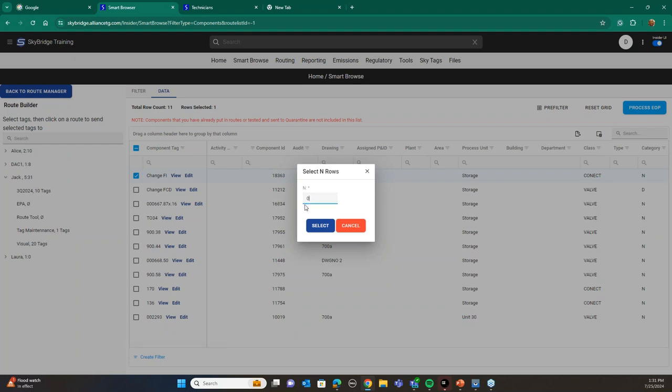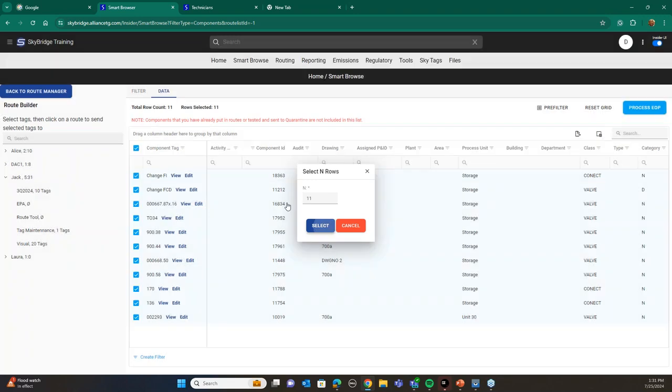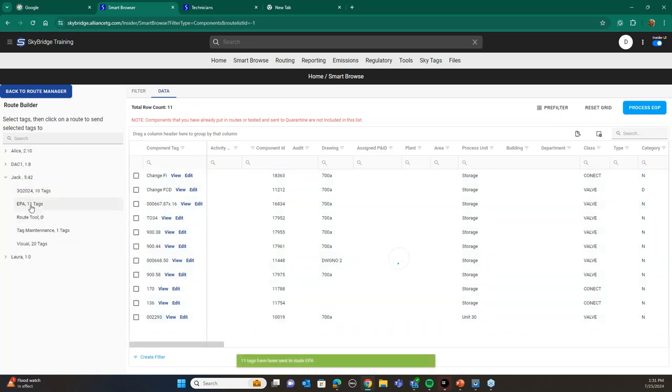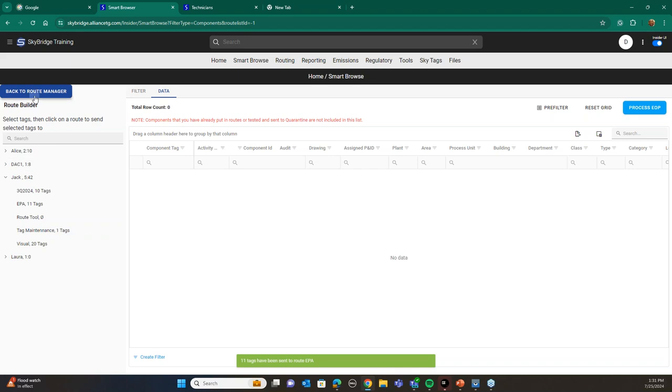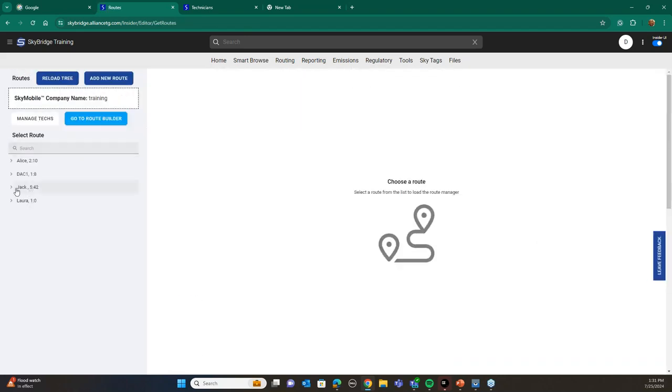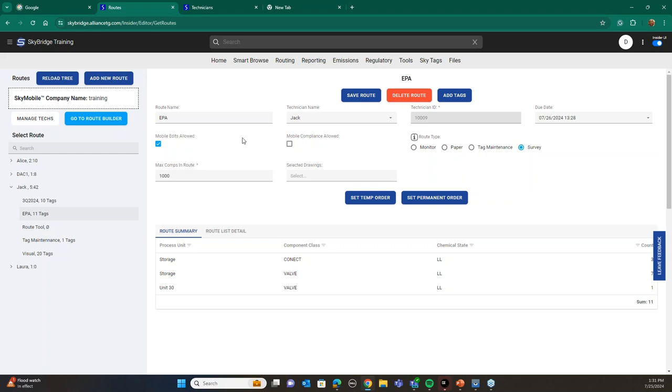And I'll put all 11 in here, and I'll put that in the EPA route. And I'm going to go back here. Before you take that to the bank, I'm going to go ahead and rename this to follow up. Okay. And now